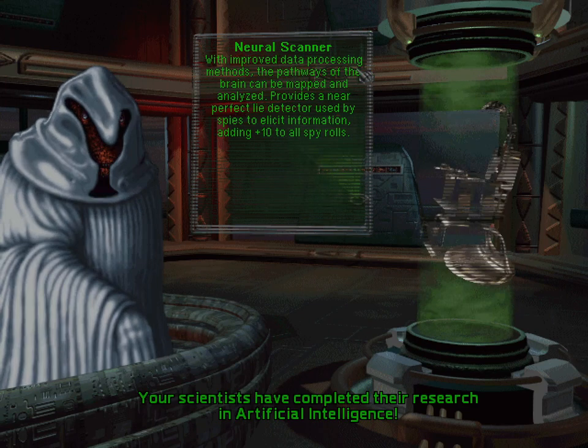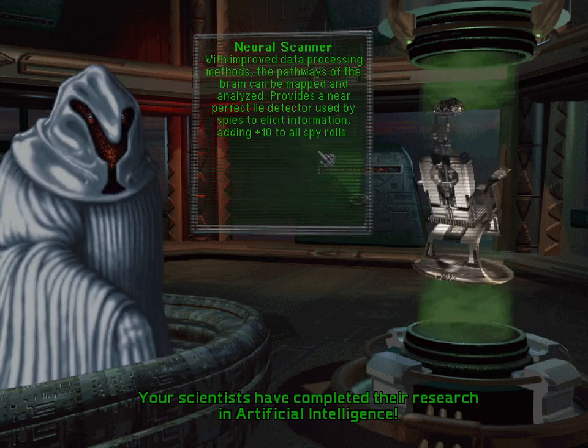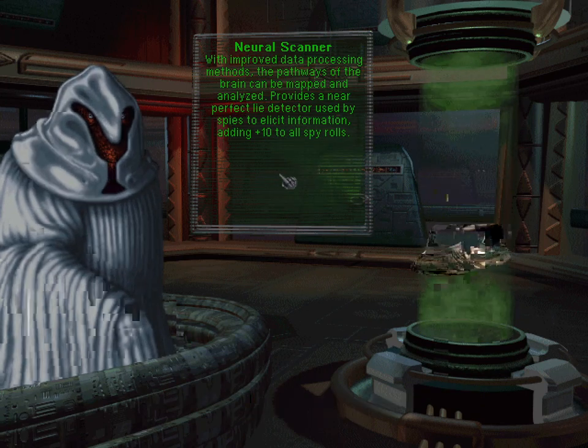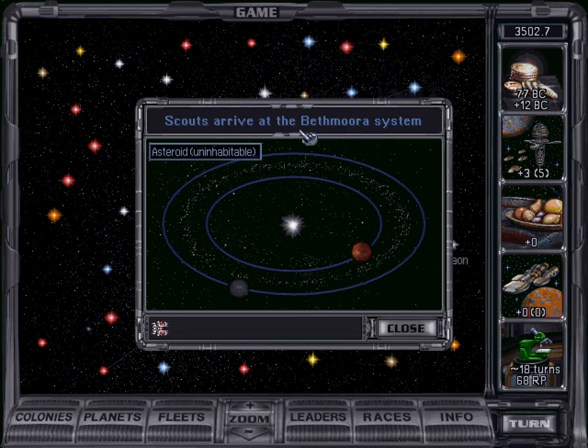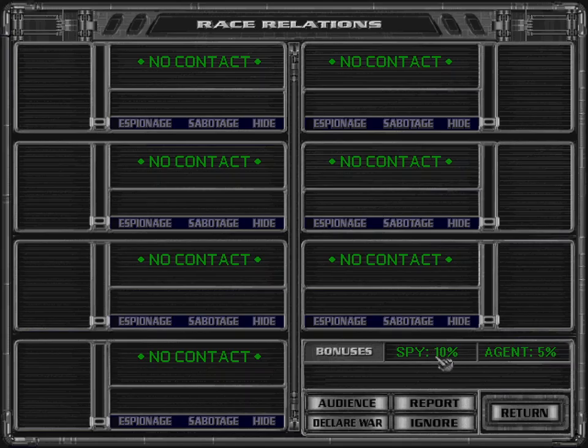With improved data processing methods, the pathways of the brain can be mapped and analyzed. Provides a near perfect lie detector used by spies to elicit information, adding +10 to all spy rolls. And here's the supercomputer. We arrive at Bethmura, large, rich, heavy, small tundra. As you can see, we now have 10% spying bonus. It was 0 at the start. Agents only 5, because democracy in 150 improved mod has a -5 starting